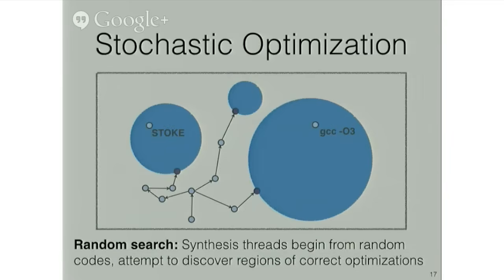So finally, this brings me to our approach, which is to overcome these limitations by using random or stochastic search. Thus the title. Our approach is similar in some sense to brute force enumeration in that it's content to experiment with incorrect implementations. However, it sacrifices completeness in the interest of tractable runtimes. So the idea is pretty simple. Here's how it works. First, a set of synthesis threads are initialized to random code sequences, and random walks are used to discover as many of these different regions of correct implementations as possible. Not all of them will find them. Some will just wander off.